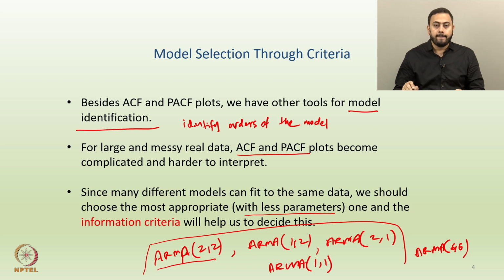So one should not jump to conclusions based on, let's say, if you are seeing something like ARMA 6,6 which is really good, or the fit is really good, but you may be overfitting the data, right, because ARMA 6,6 contains a lot of coefficients here, right. So my point is, if the same job could be done using approximately the same accuracy, then you should always go with a model having lesser number of parameters.